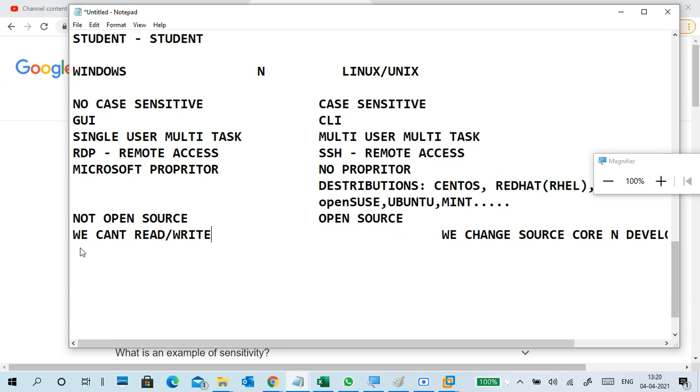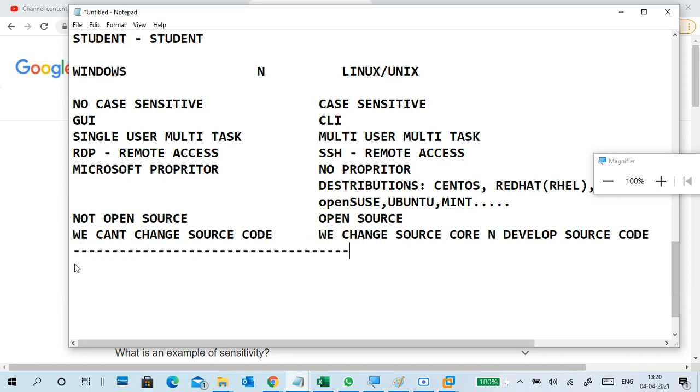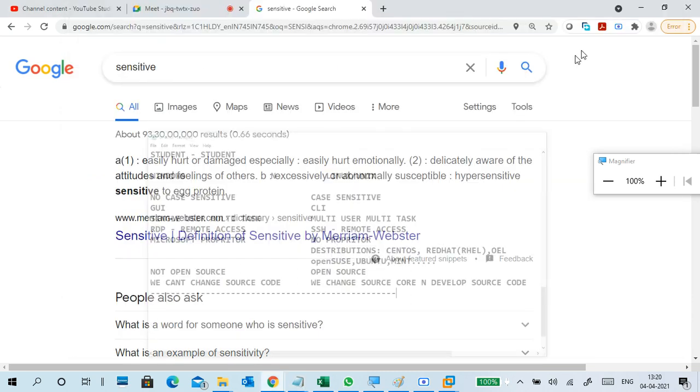We cannot see that source code. Like that, a lot of differences are there. Virus free, secure, non-secure, this is also there.